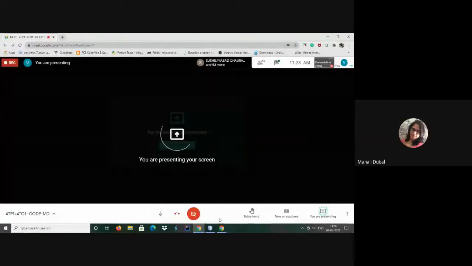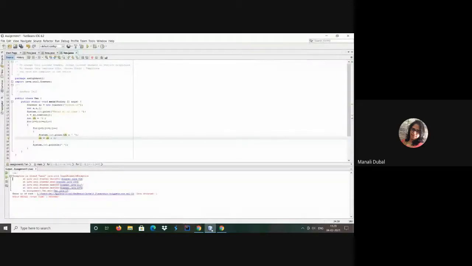Okay, yes, I can see your screen. Input mismatch exception. You are taking any from user. Let me check. I is 0. You are running till number of rows. Okay, it's a triangle.